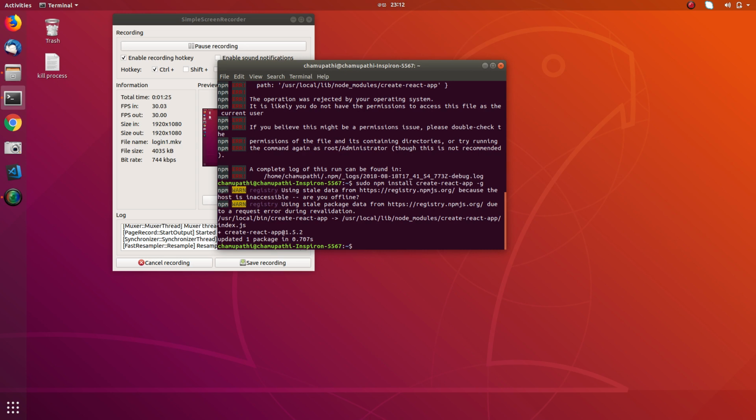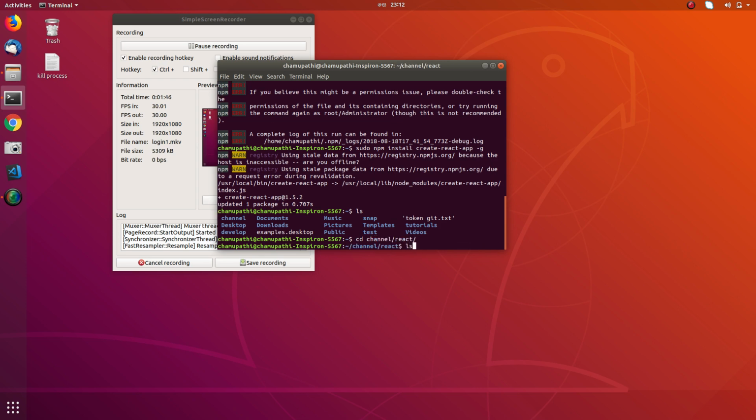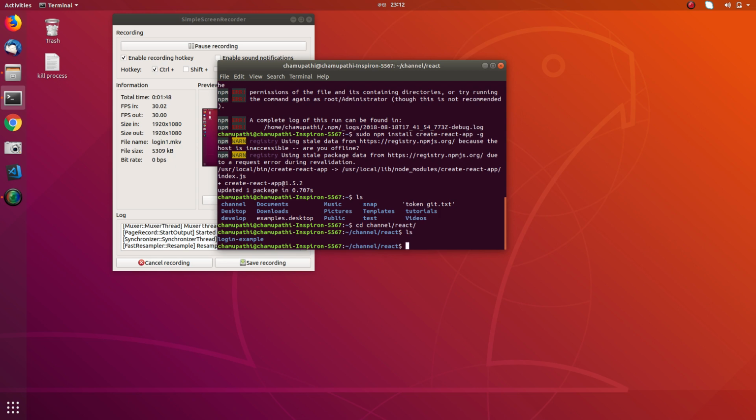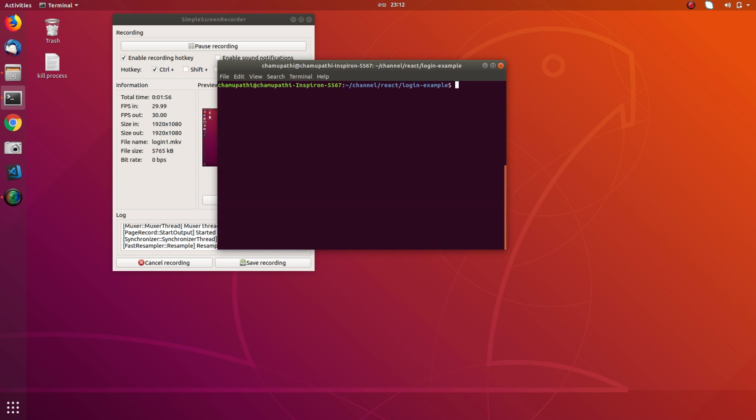So I'm going to create a new app. I'm going to my folder. Let's see what I have here. I have a folder named channel and React, and here I have a folder named login example. So in here I will clear the screen, and in here I'm going to create a new